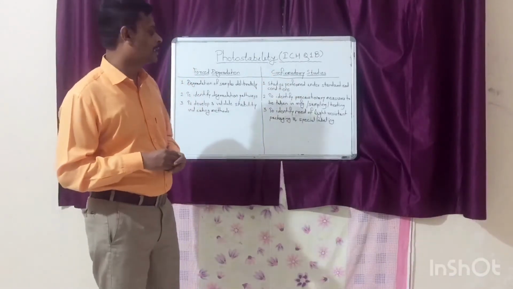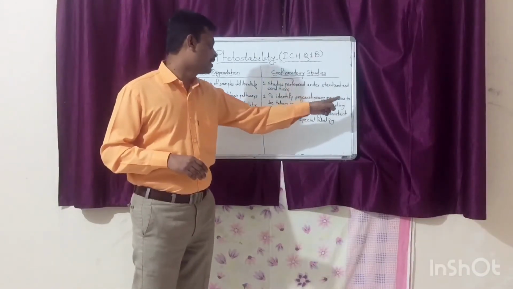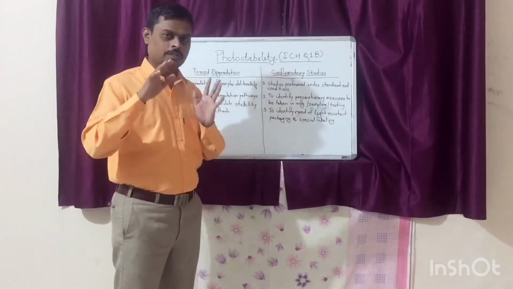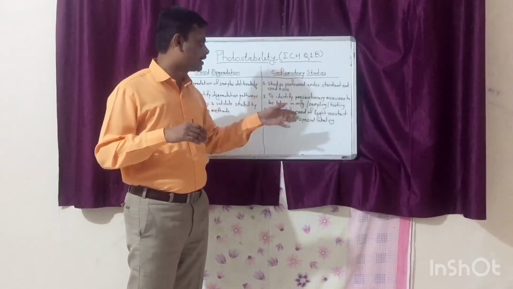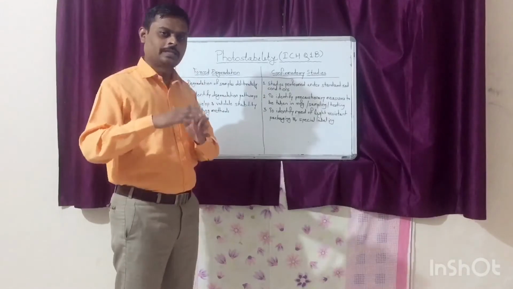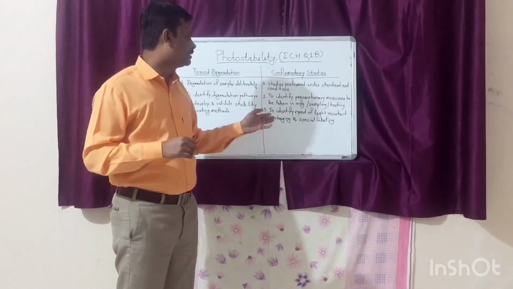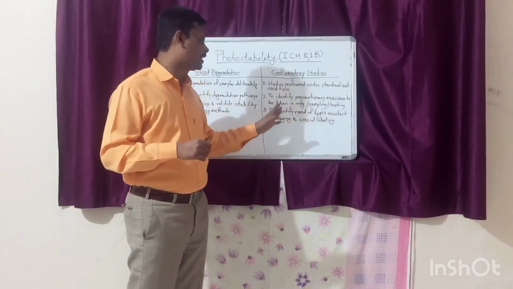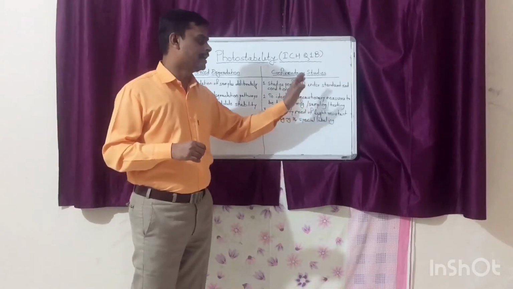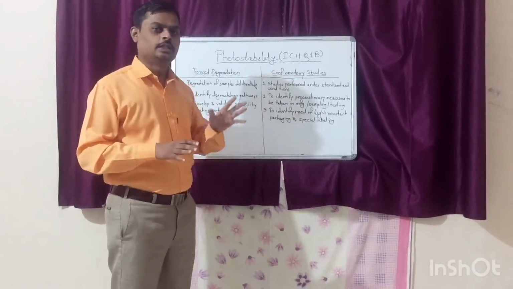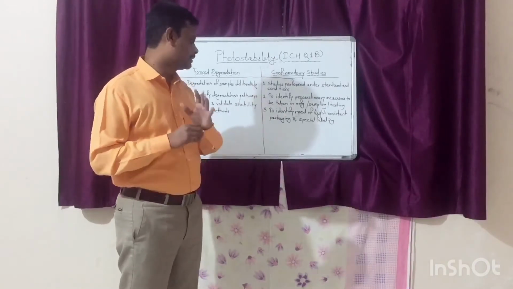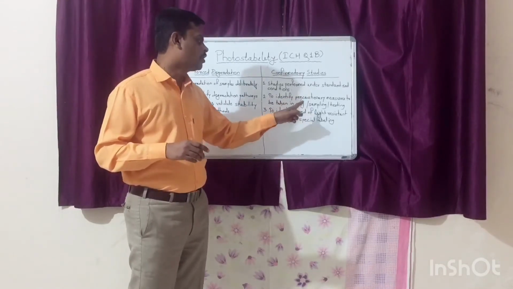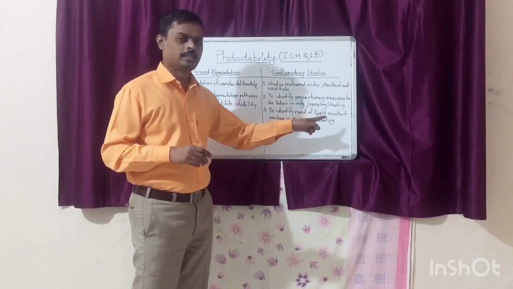What is the purpose of confirmatory studies? To identify precautionary measures to be taken in manufacturing, sampling or testing. If based on your confirmatory studies, it is identified that your material is light sensitive, you can identify the precautionary measures to be taken during manufacturing, sampling and testing to avoid the degradation due to exposure of material to light. Similarly, based on confirmatory studies, you can identify the need of light resistant packaging and special labeling.